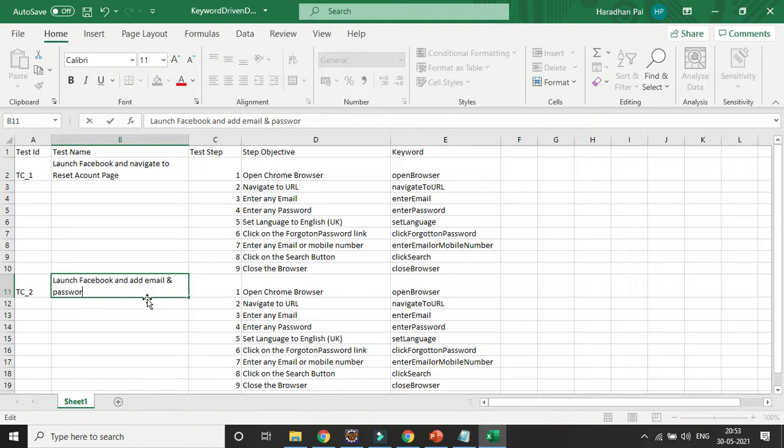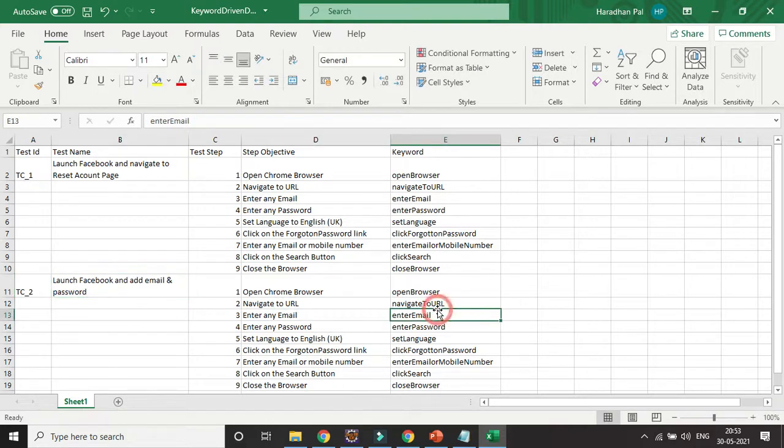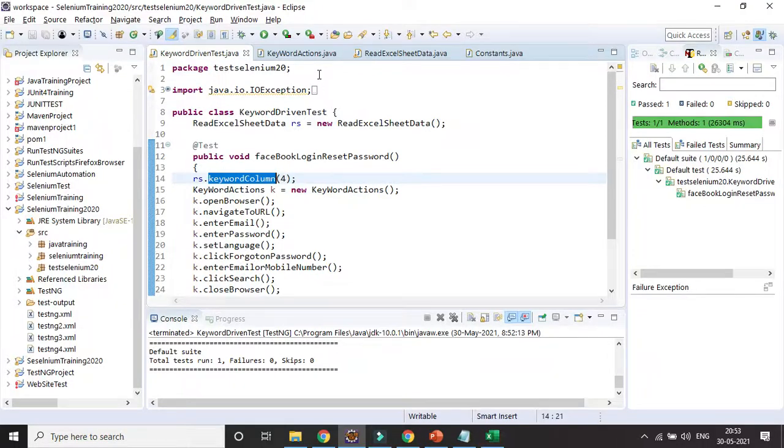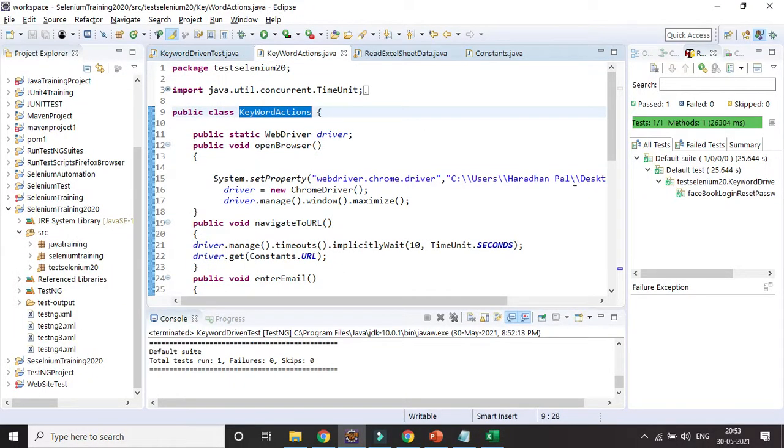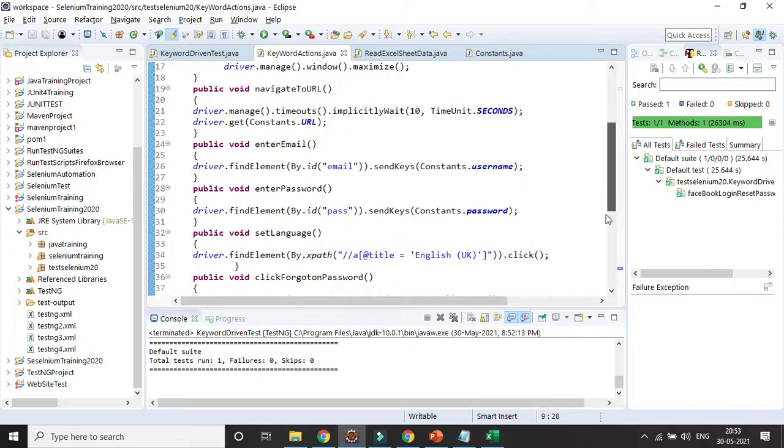That is the objective. In case I need to click on the sign in button, maybe I can add a reusable method for sign in. So let's try to create a sign in method in case we need to add it.